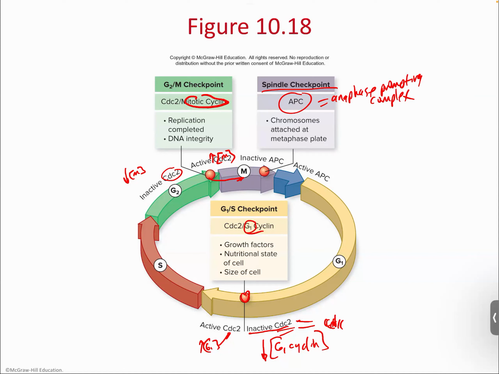And so this is a complex of multiple proteins that will be responsible for checking the tension and the connections. That's what the anaphase promoting complex does. And when it sees that, it will allow passage and cleavage by activating itself. So it'll actually promote anaphase by allowing this. And one of the ways that it promotes anaphase when it's active is it will activate